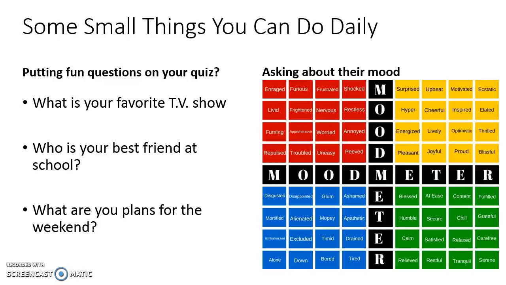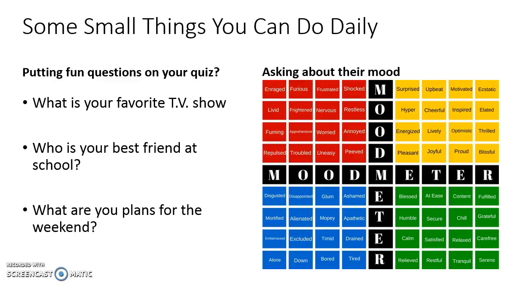The first thing is I would say that it literally changes the way the students respond to quizzes. What I mean is that they literally look forward to answering what they know is going to be a silly question on the quiz. The second thing is that when I'm grading, I look forward to reading them because my students are always expressing their humor through these questions. And then the last thing, and this is probably the most important, is that it gives me something to talk about. It gives me something to communicate with students about. And so when I read what their plans for the weekend are on Friday, and then I ask them on Monday, how did it go? That's the beginning of me showing that I care about them.